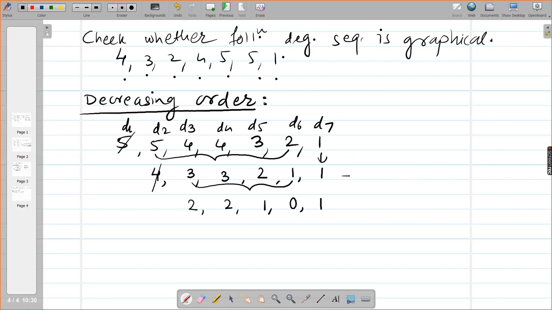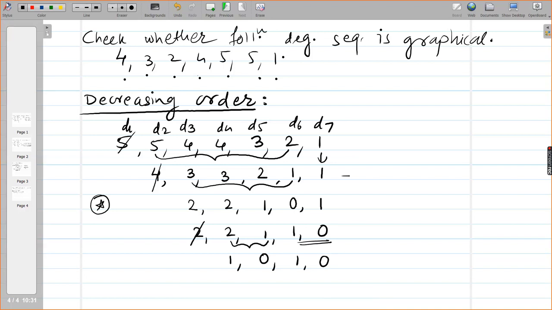Here there was no problem, it was in decreasing order. Every time check whether the new sequence is in decreasing order or not. Is this starred step in decreasing order? No, ma'am. No. So rearrange it: 2 2 1 1 0. Now again you strike out the first number and from the next two you subtract 1. So this will become 1, 1 minus 1 is 0, and the next two numbers will remain as they are.